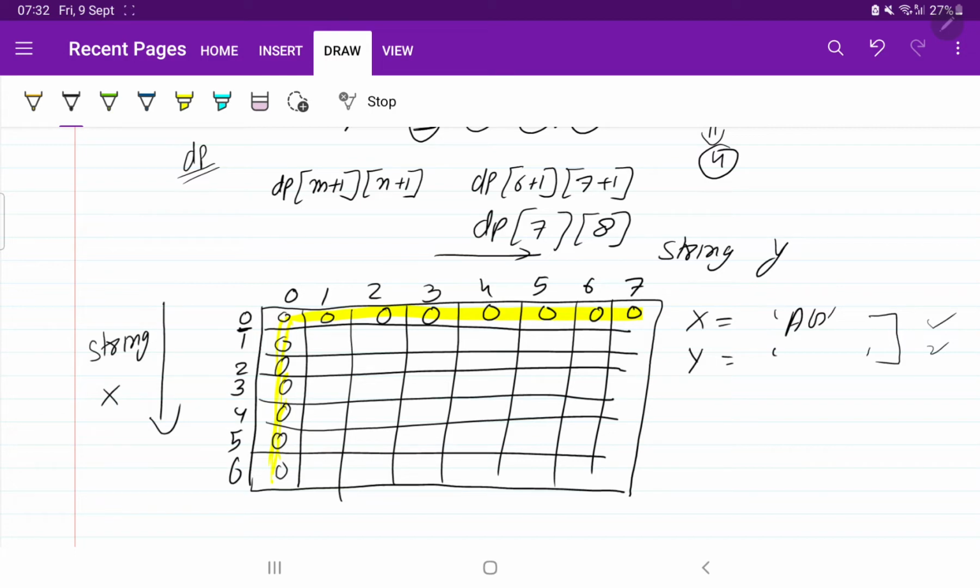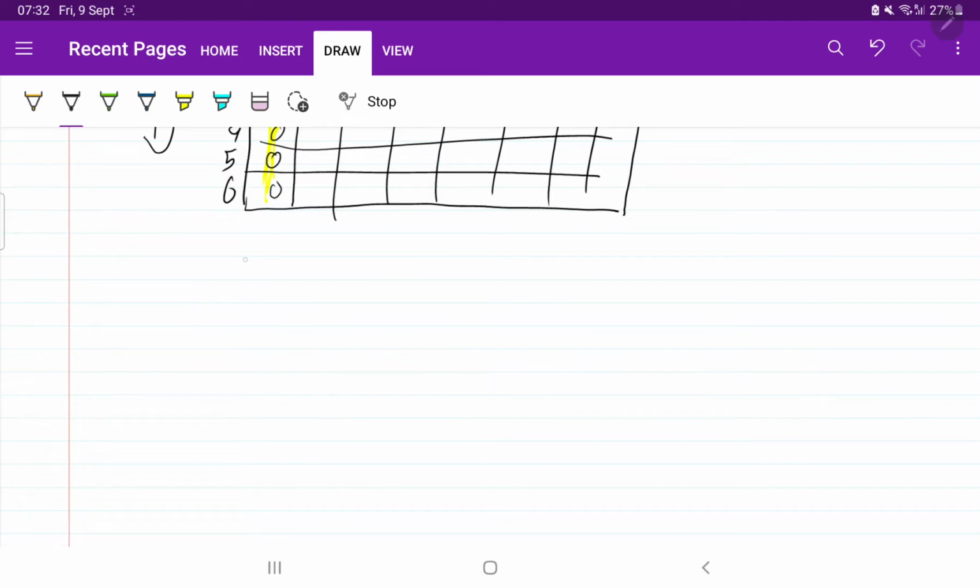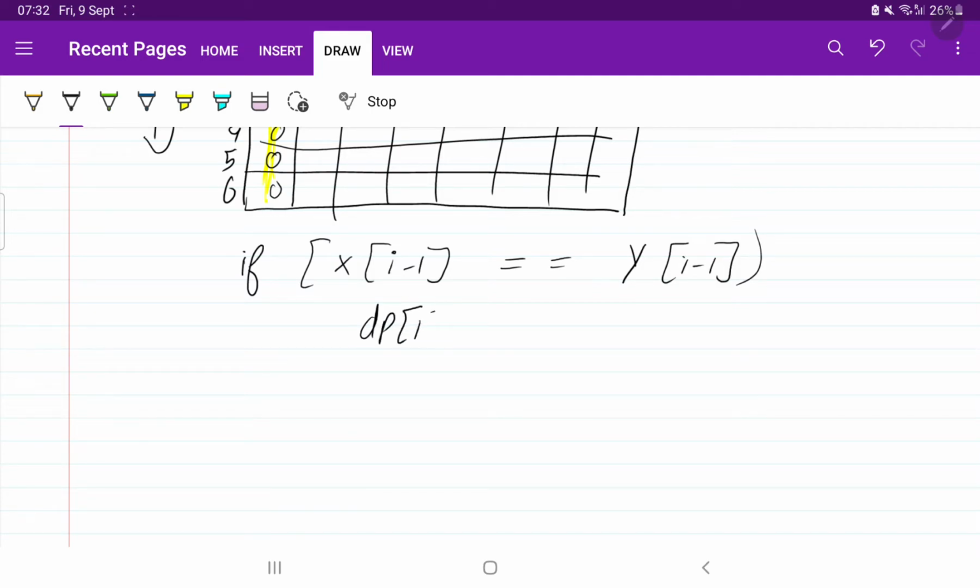Now in the longest common subsequence we were filling the rest of the elements by our code. I will now explain exactly what we were doing. I was saying that if x of i minus 1 equals y of j minus 1, that is, if both the elements are equal, then we were making dp of i comma j as 1 plus dp of i minus 1 comma j minus 1.